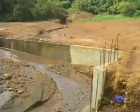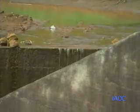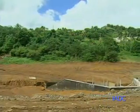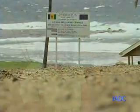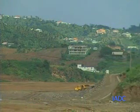Also, there is still a little bit of work to be done here. As we see the steel here, we know some more work is to be done, and there should be some covering on at least a part of this intake. So we await the completion of this area, but in the meantime, it's operating, it's flowing smoothly, and the water is being channeled off the site and down to the Warwick Sea. That is what it was intended to do, and there you have it, the box culverts fulfilling the desired intentions. So we're going to move from here and take you across to the second kilometer,